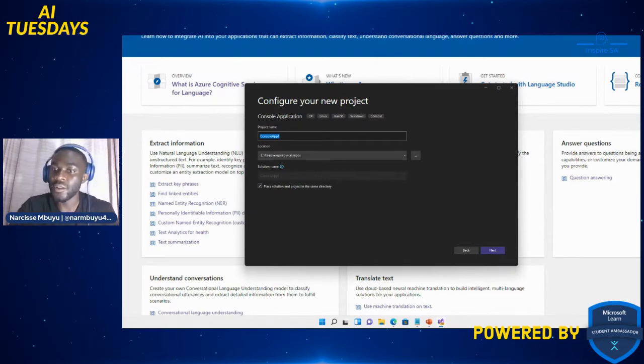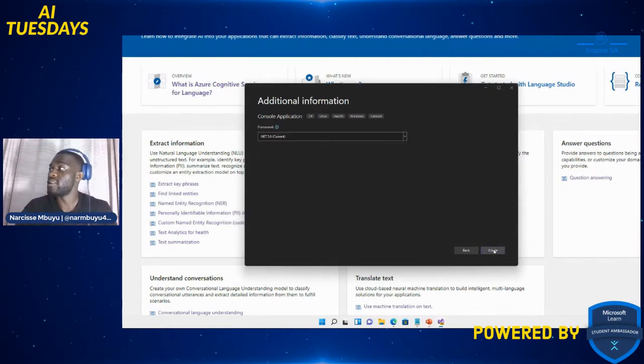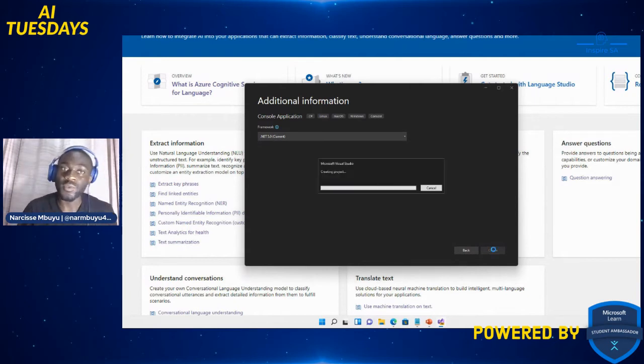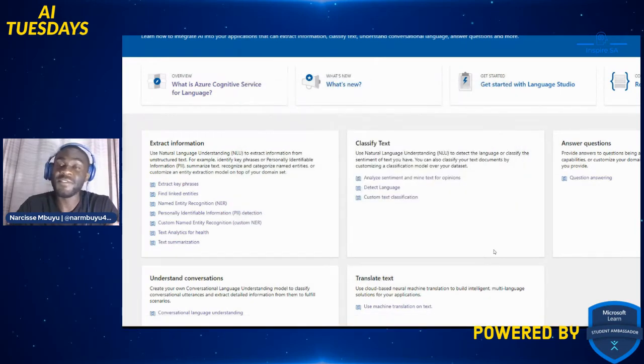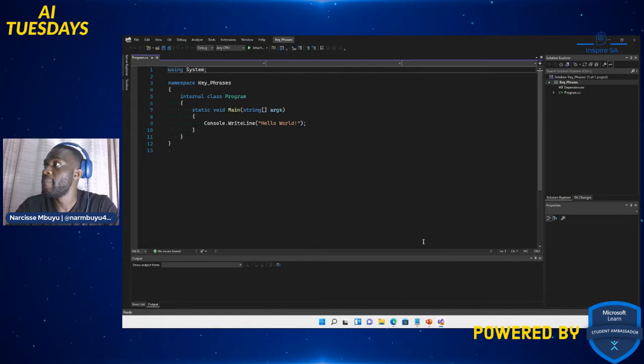And then the first thing that we're going to do is say extracting key phrases, right? So that's why we're going to write, as the name of our project, Extract Key Phrases. That's what I'm going to name it. Next, creating the project quickly. So I've already done the project. I'm just gonna go through it step by step and explain exactly what to do. And the code will be on a GitHub repository if you want access to it as well. I'll show you how to upload the project to a GitHub repository and how to access it as well. But that's for .NET Fridays. We checked it out last time, as you can see.